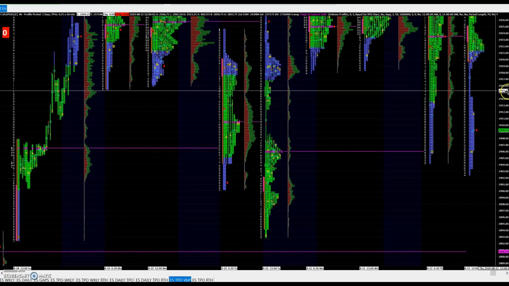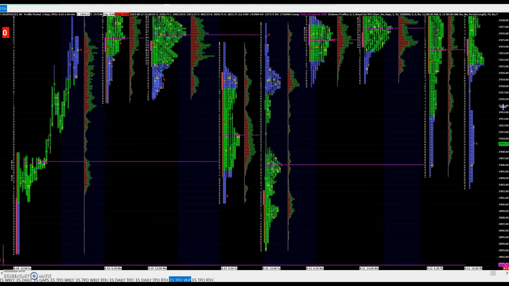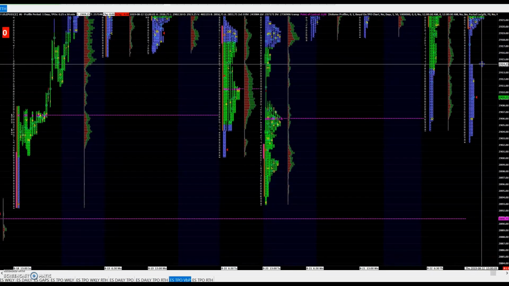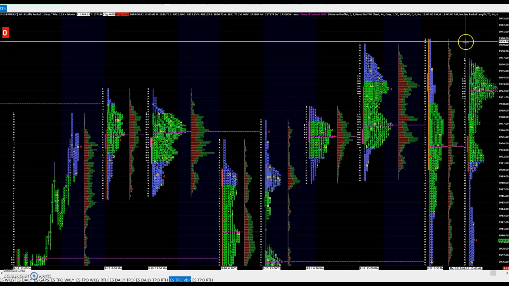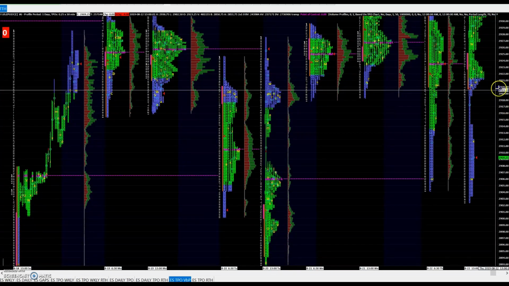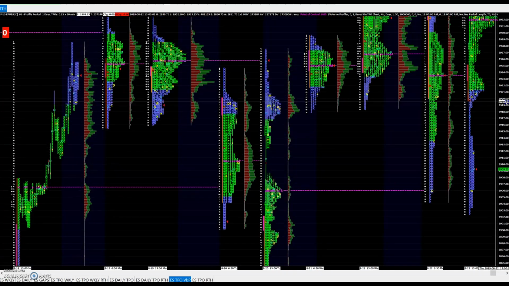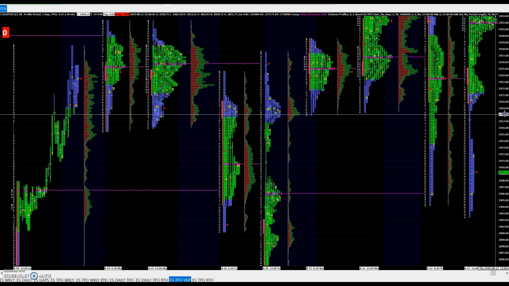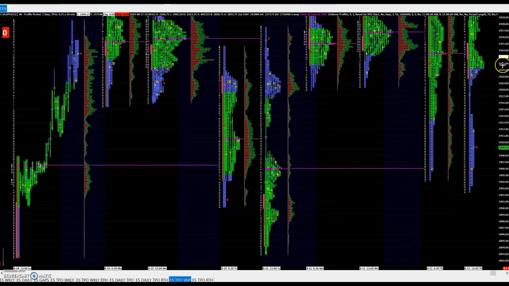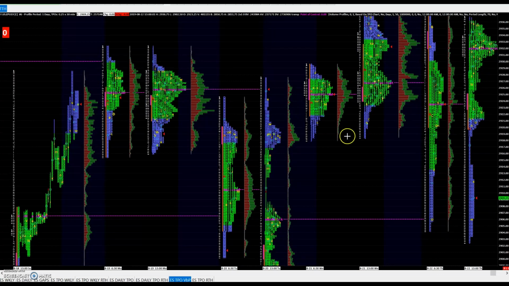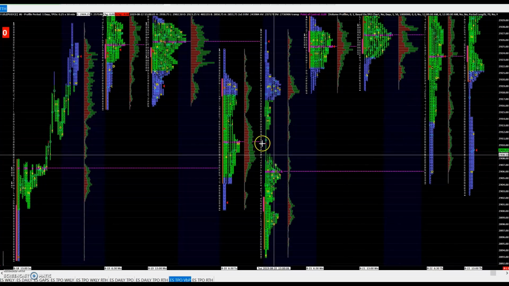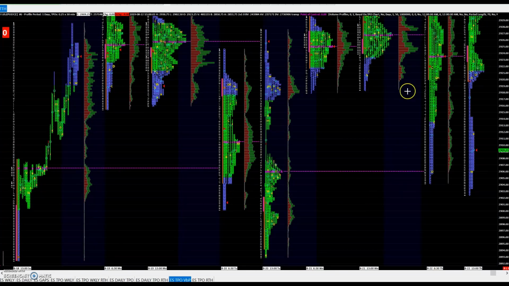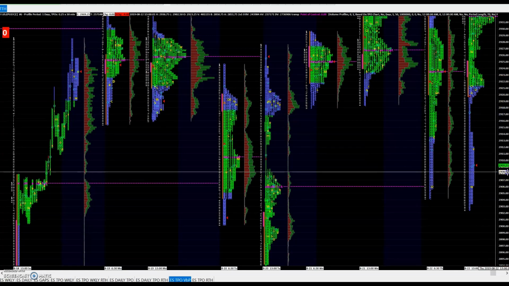So coming into the market on Friday, we knew that we were in the balance zone between 2900 to 2939, and we knew that there was no clear direction on which way the market was going to go, because essentially we're just in a 40-point balance the past week. So we have no idea what's going to happen. All we can do at this point in time is just find zones and mark them off and play off of them